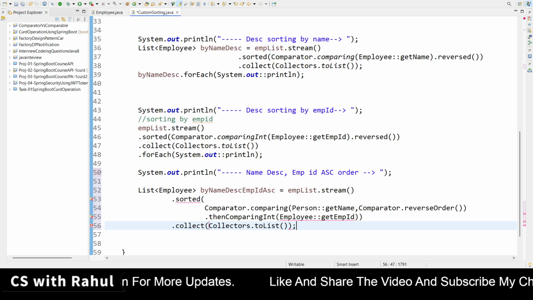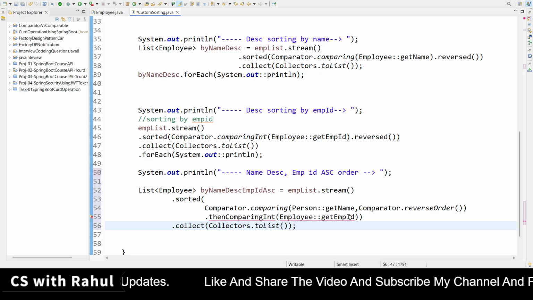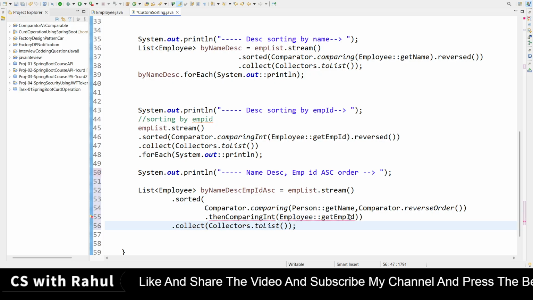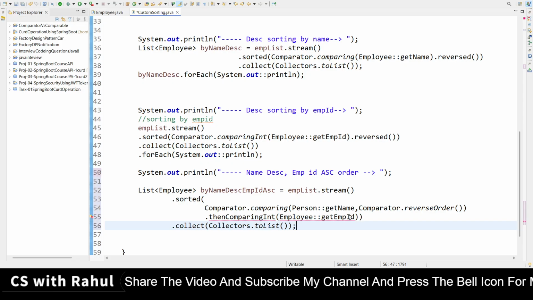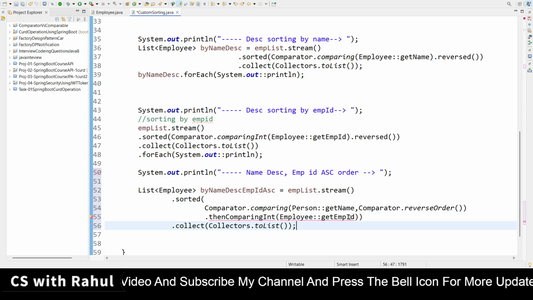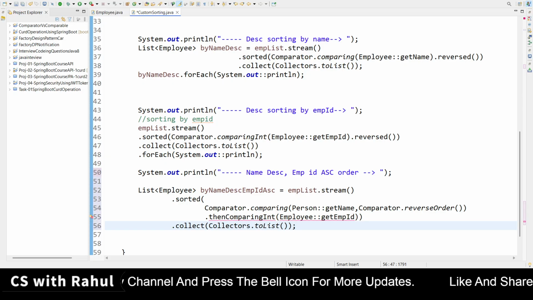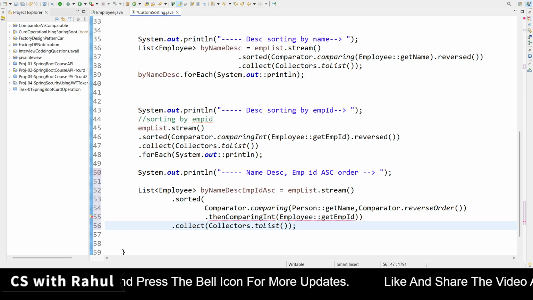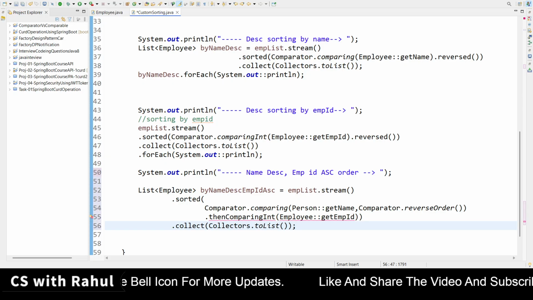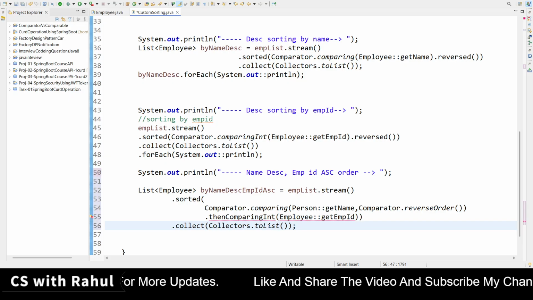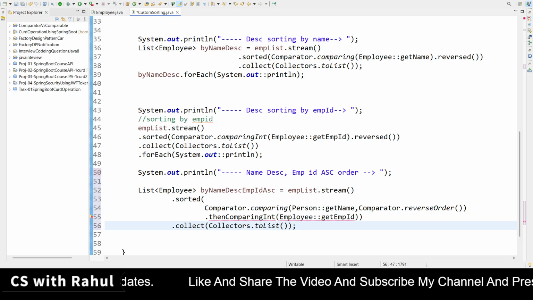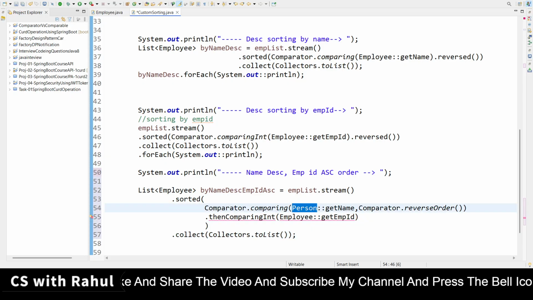So this will be stored there, right? This is the main concept that we are using here. First we are comparing by name in descending order. Then we will compare it by the employee ID in ascending order.